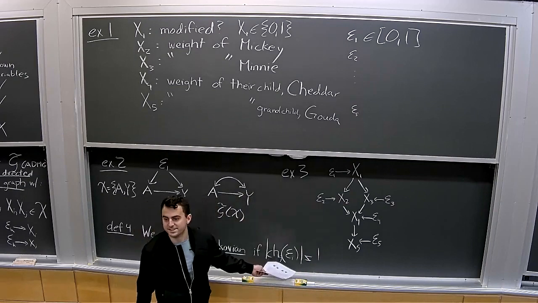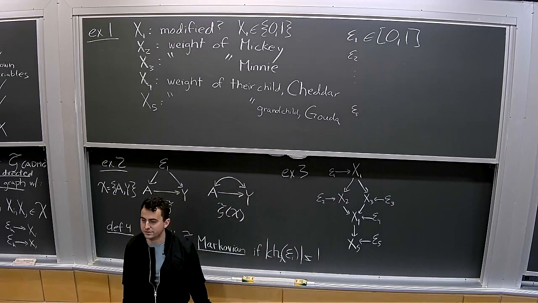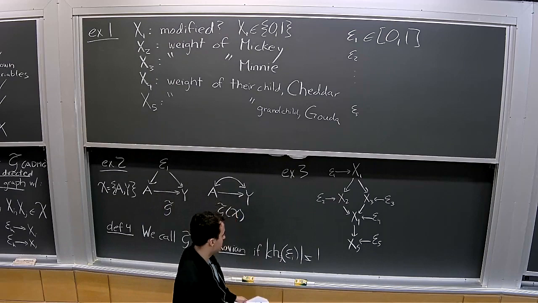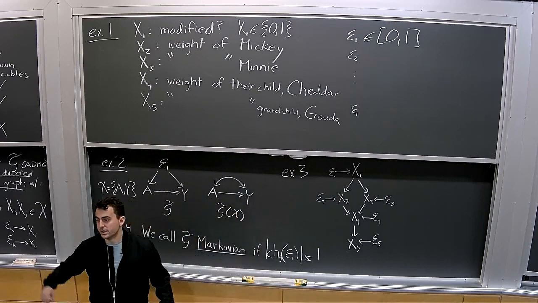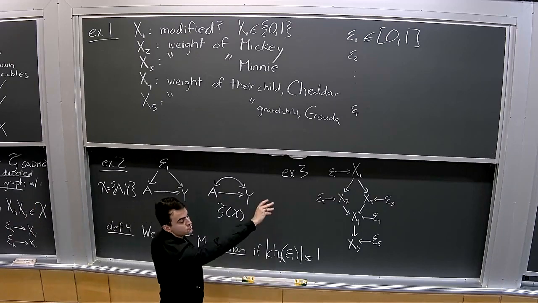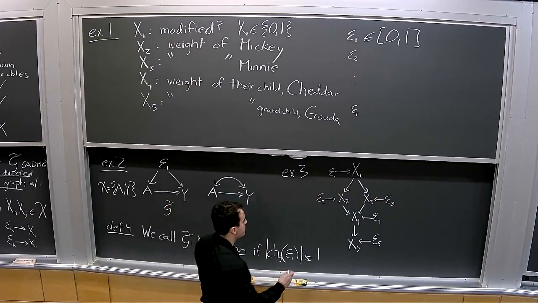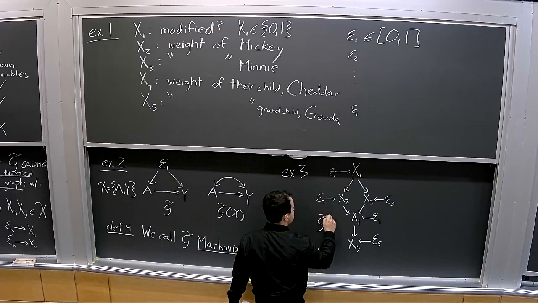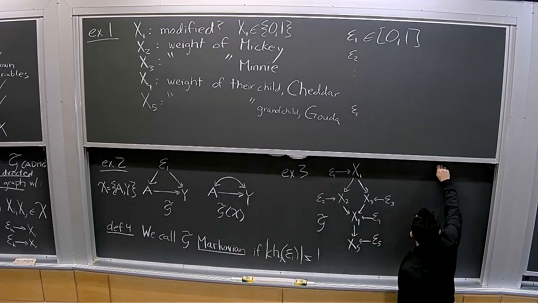I guess if it has no children, you would just get rid of it when you do the latent projection. And then what this is going to say is when I do the latent projection, I don't get any new edges. So I can essentially just take my original graph, this G tilde, and I can just extract